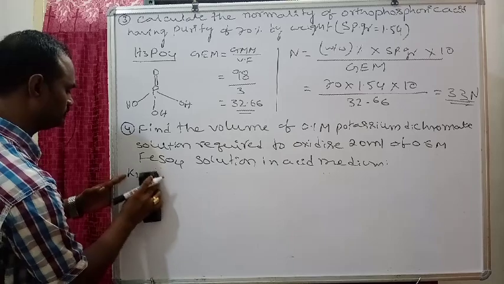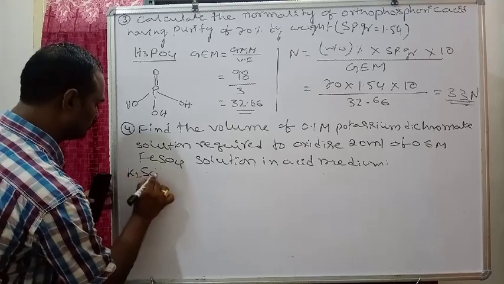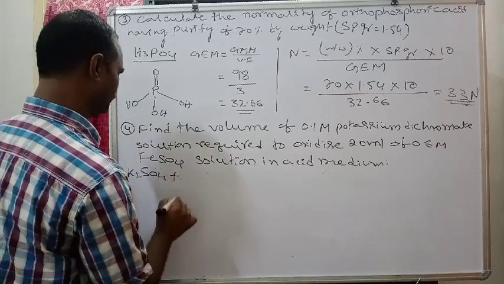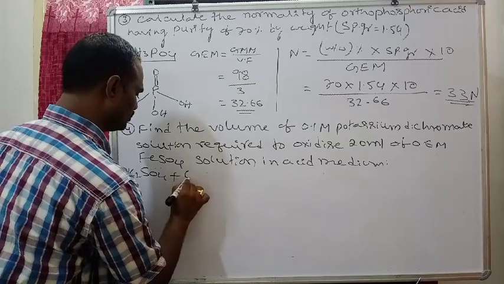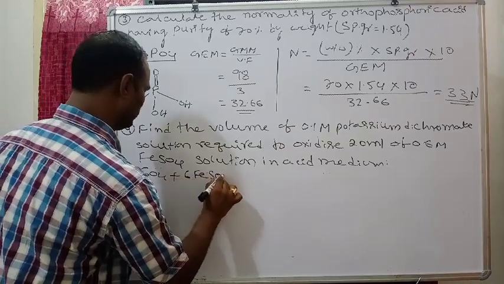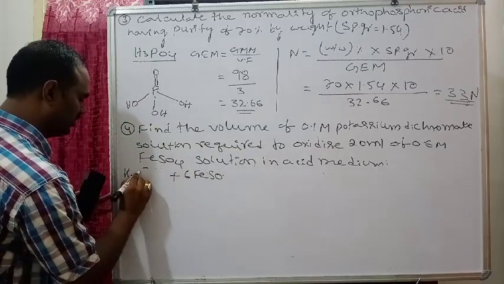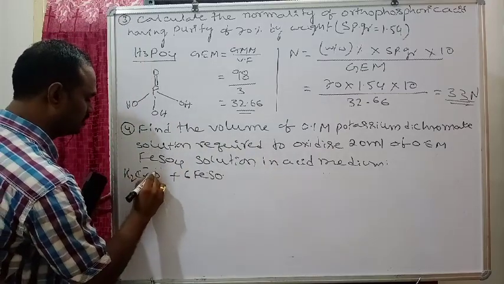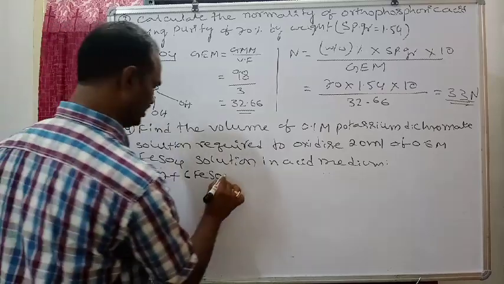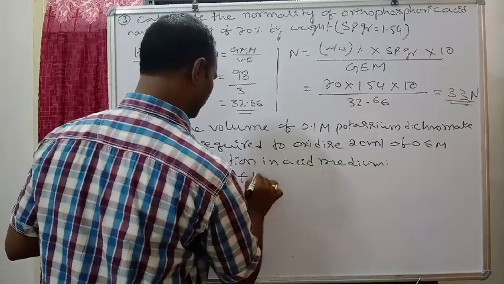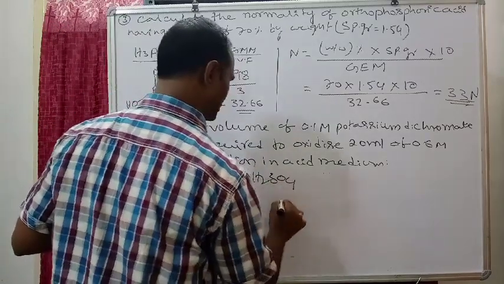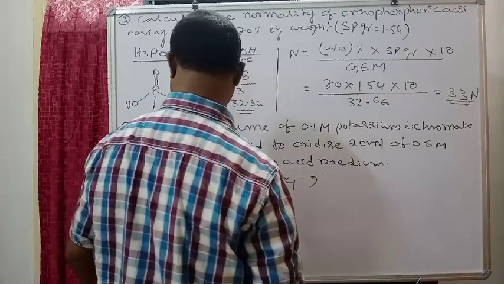K2Cr2O7 potassium dichromate, ferrous sulfate, H2SO4. Products, what you are getting means